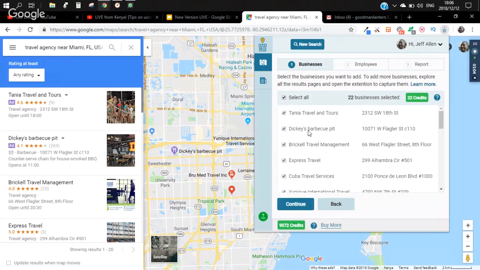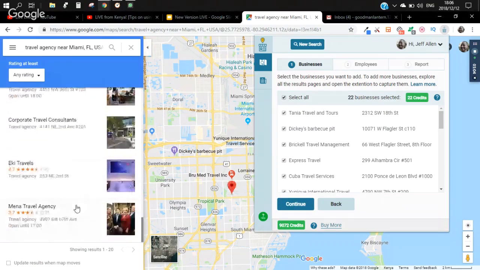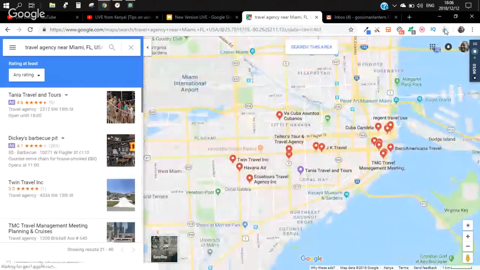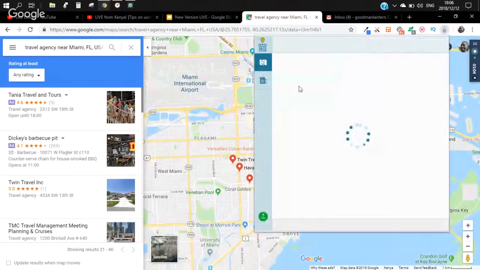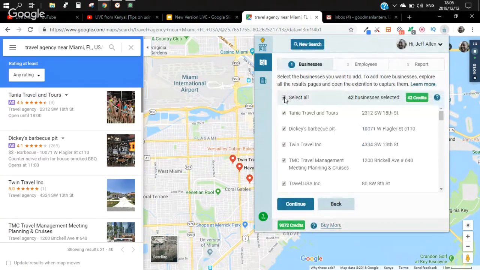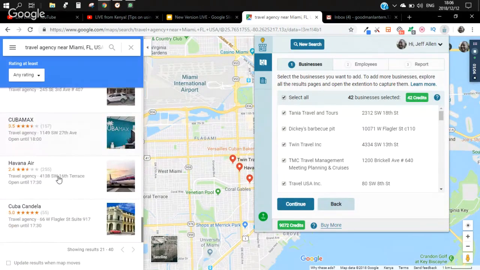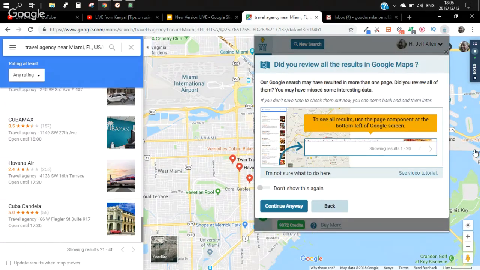By pressing select all, you grab all the results from this first page of Google's lists. Then you can press the next page button within Google Maps to load the next page of results. Going back to the Chrome extension allows you to once again press select all, and that loads through the next page of results. Once you've gone through and selected all the pages from Google and all of the possible results,